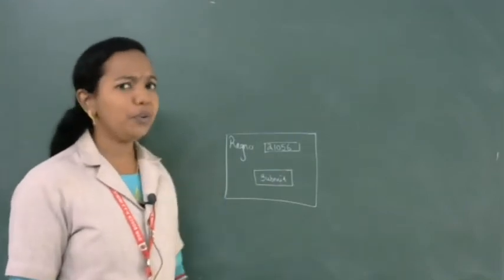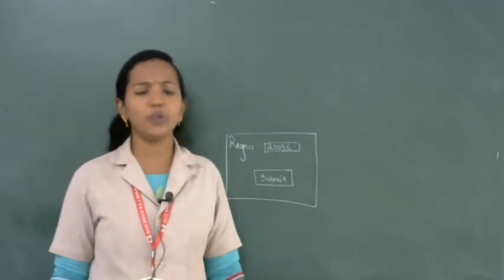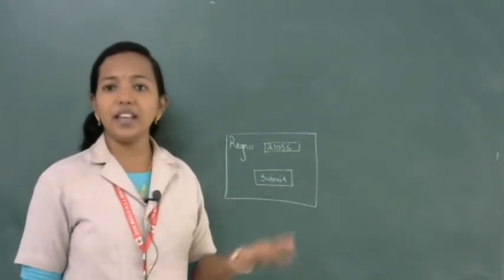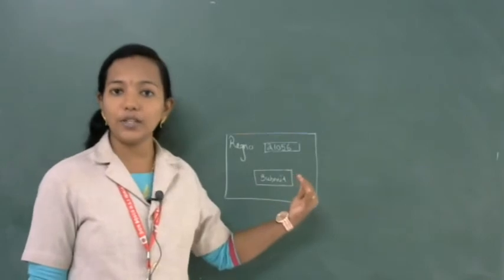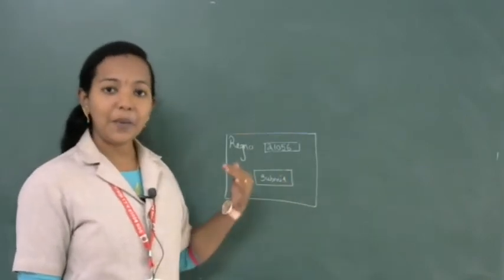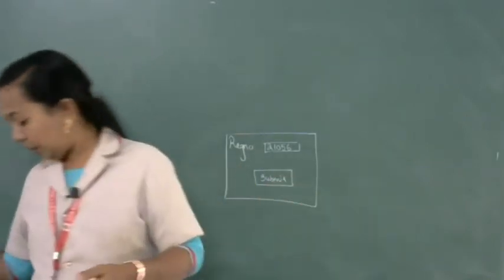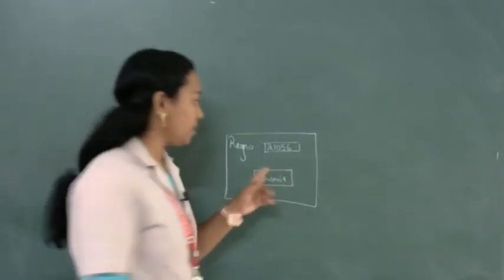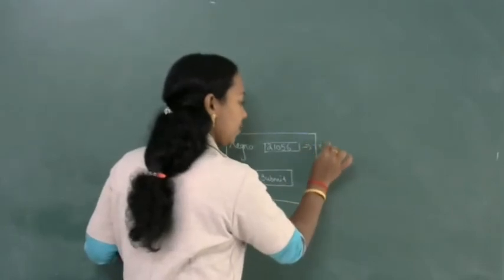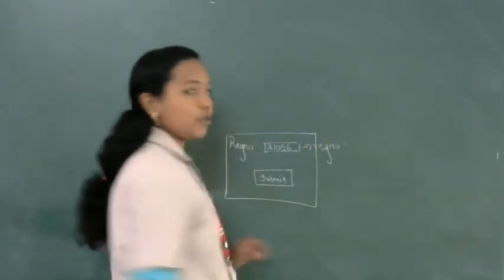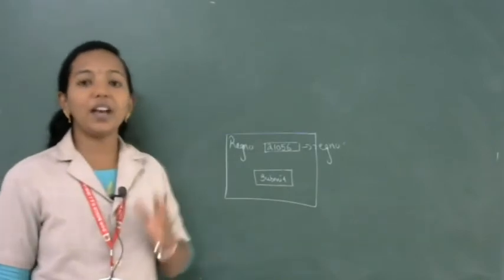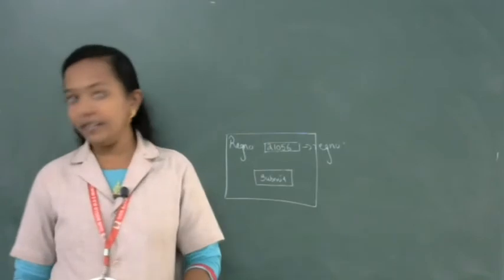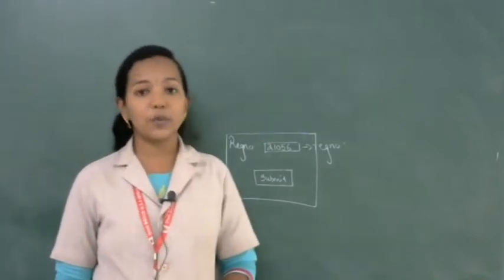Okay, so hope you know how to create a form like this using PHP. We already studied HTML. So how will we create a form like this? Input type is equal to text, and you want to give a suitable name for the text box. Suppose here I am giving the text box name as register number. You want to remember only one thing: we are creating a sample HTML program, using the post method.